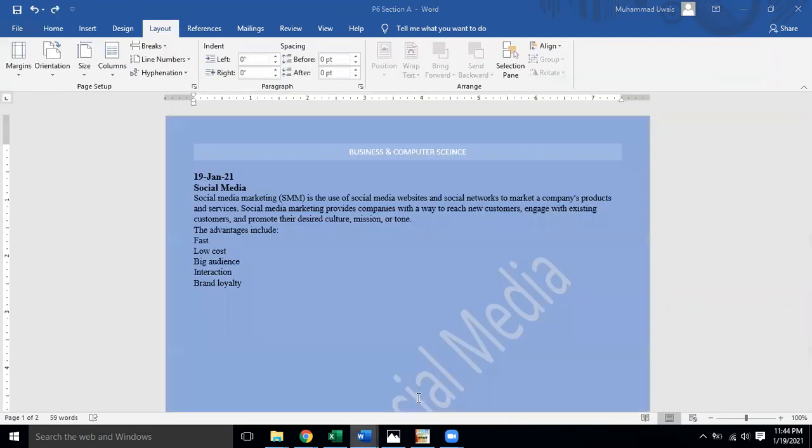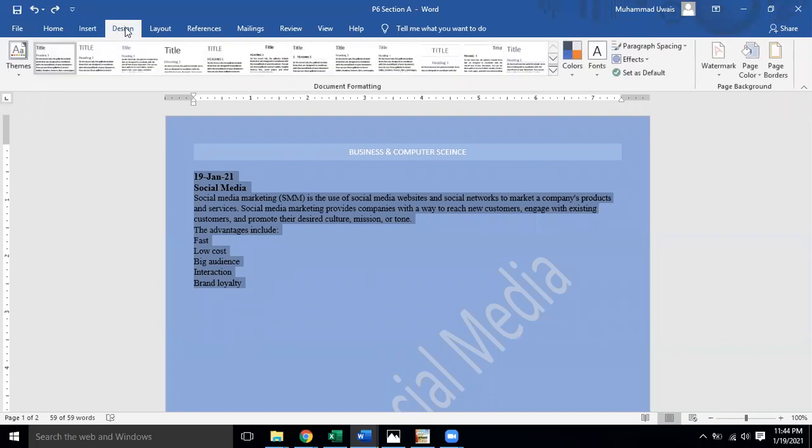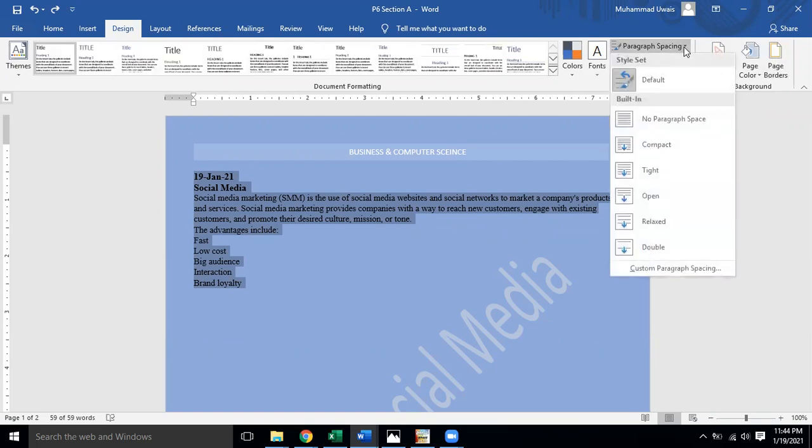What is paragraph spacing? Of course, you have one paragraph over here, the passage that you have typed. This is the paragraph. In the design menu, you can see that the paragraph spacing is there. It determines how much space between the lines of the paragraph is required.